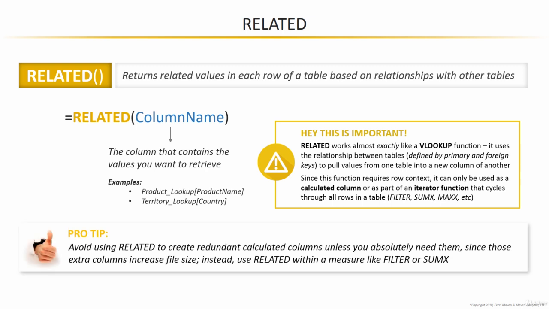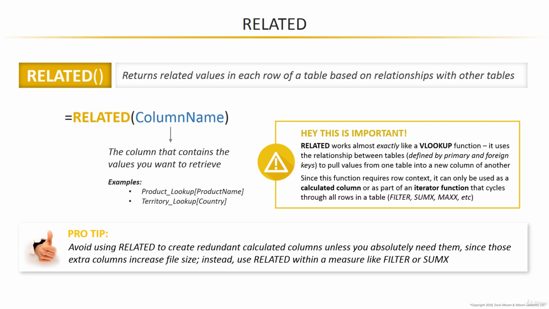Now, pro tip here, you may be thinking, okay, this concept makes sense, but isn't this kind of going against the normalization standards where we said we don't want to create redundant data like this? And yes, you're correct. RELATED does technically create redundant data. So it's important not to go overboard with RELATED. You don't want to use this function to kind of hack your way into a huge merged table, but using it strategically to make certain fields more accessible is a valid approach